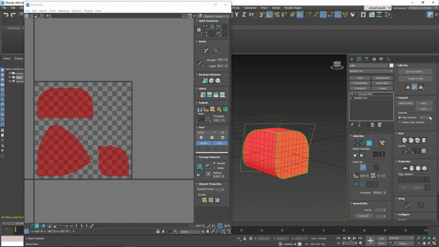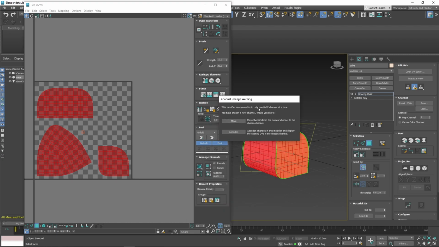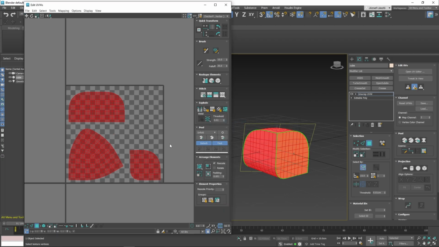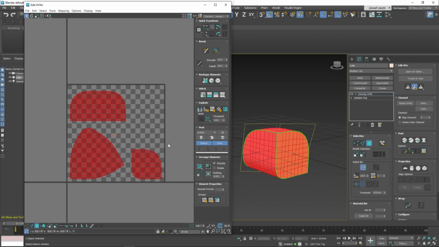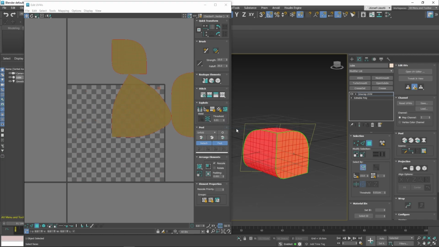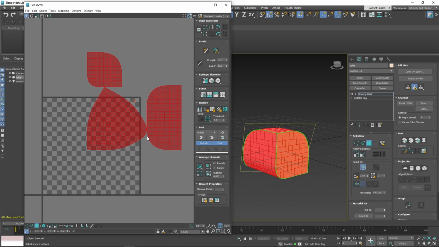Now, if I say move, let's go back to channel 2 and I say move. This is channel 2 now, and it was overwritten because if I go back and say abandon, and if I go back to channel 2 and say abandon again, it actually didn't overwrite it for some reason. But that's good, because if you want to overwrite it,